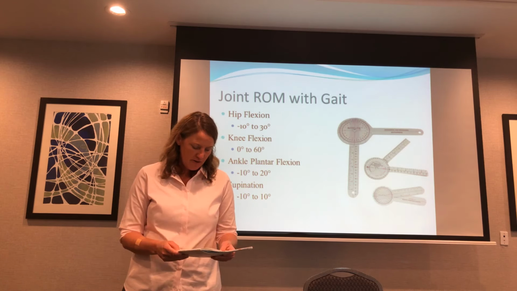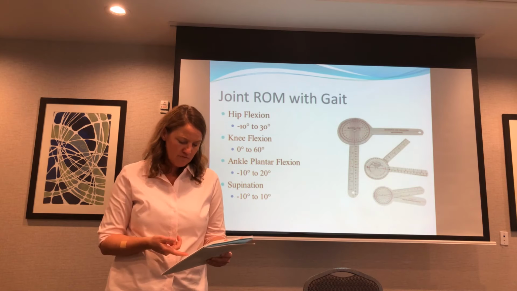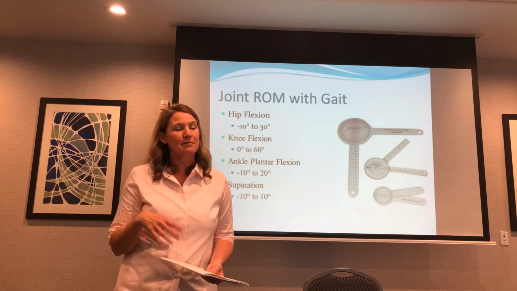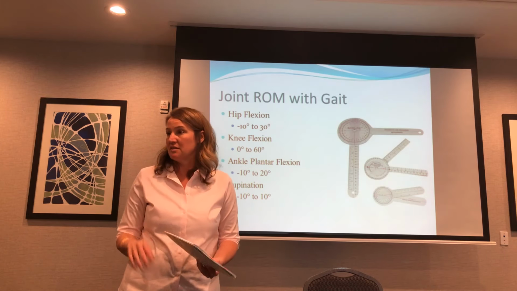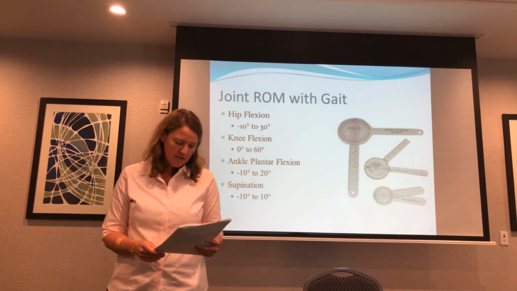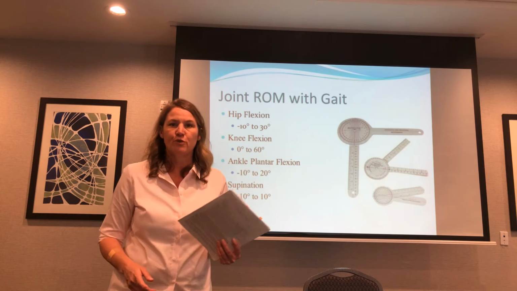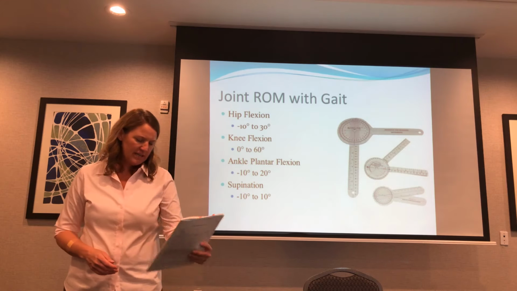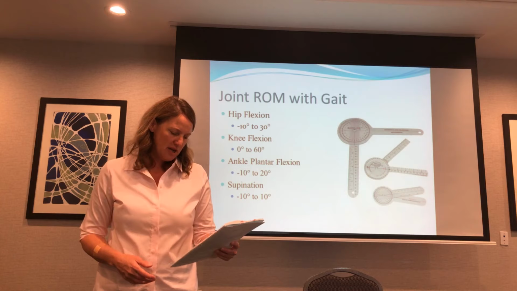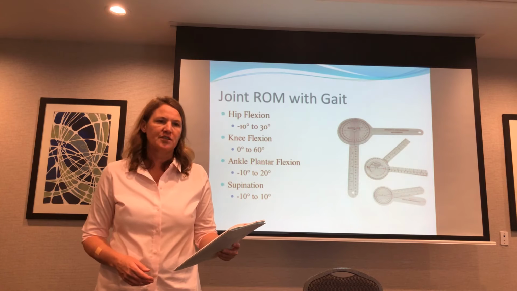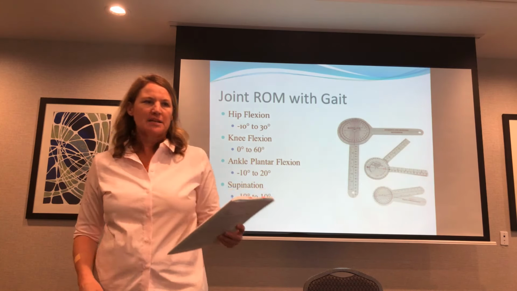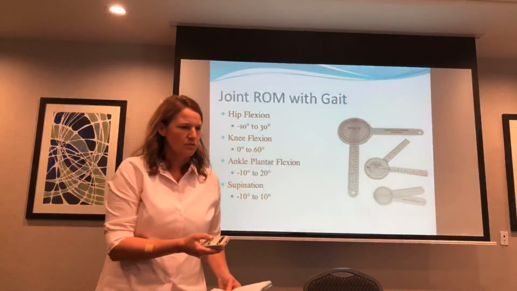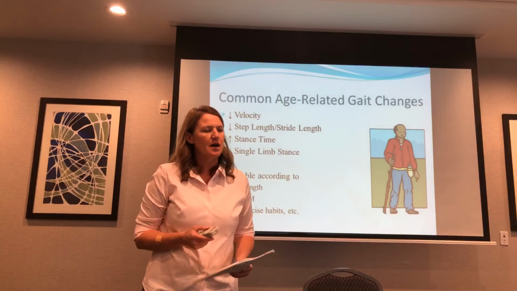Ankle and foot, the foot slaps down, meaning if they were able to get the heel on the ground but the foot slapped down, it tells me that maybe the range of motion might be there, but the strength isn't. Forefoot contact, meaning they hit the ground with their whole foot down. Late heel off, meaning they're going to walk but the heel's not lifting up, or contralateral vaulting. So in order to swing, I'm going up on my toes to get that left leg through. So, let me see, I think the next one goes into a few examples.